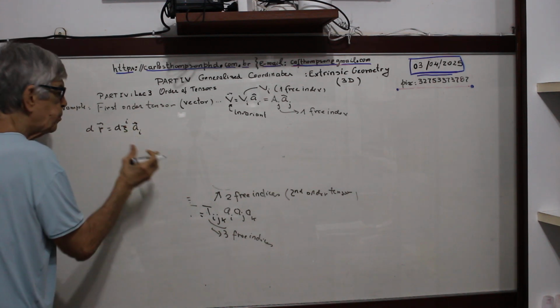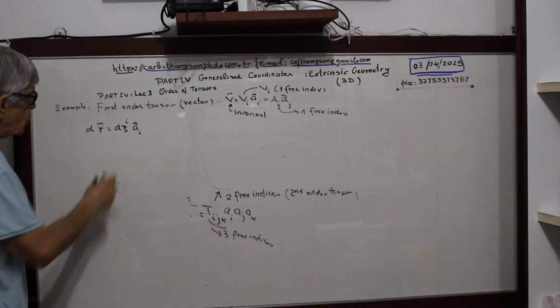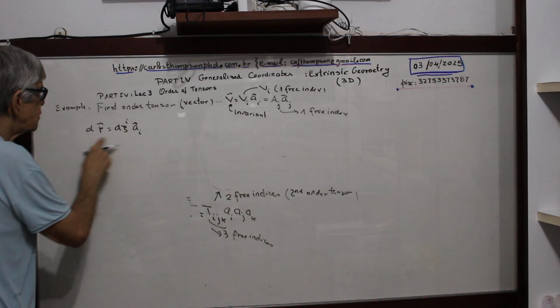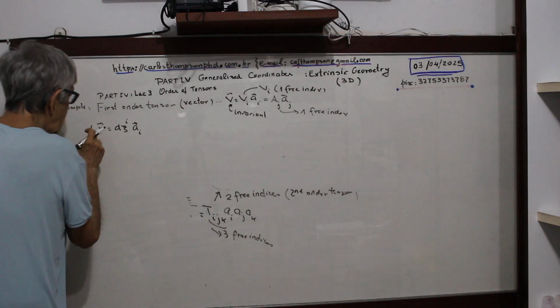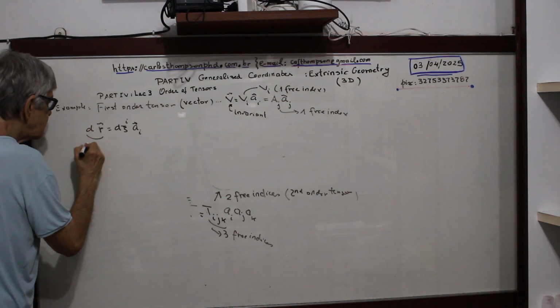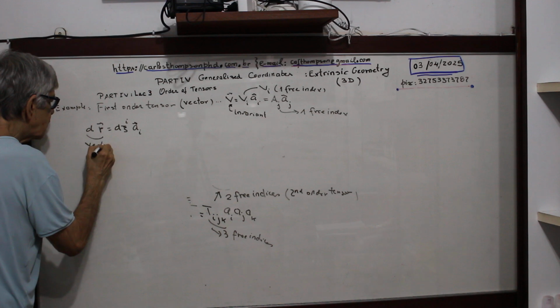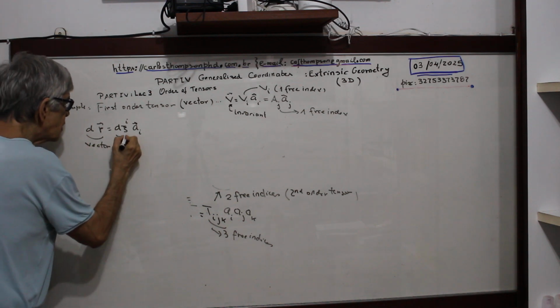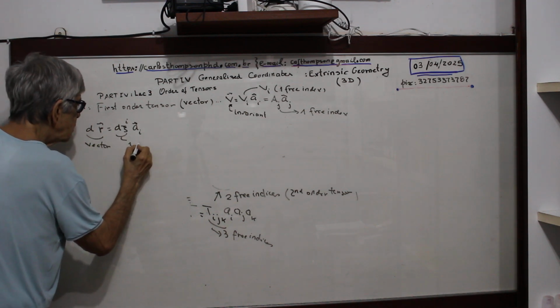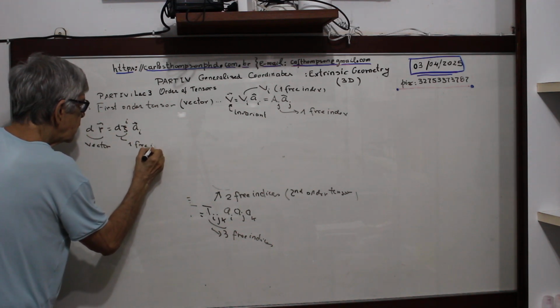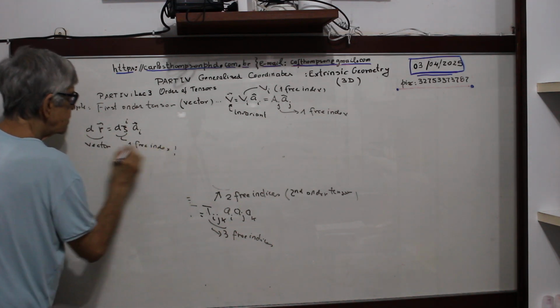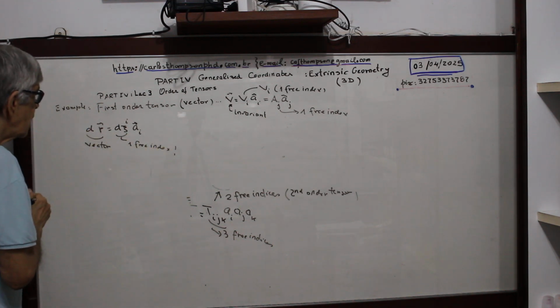See previous video, okay? I wrote this. This is dR. Now, what is this? This is a vector. Why? Because one free index. You see? Now, dR